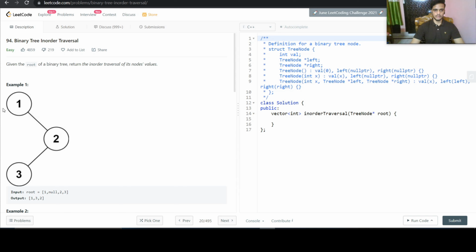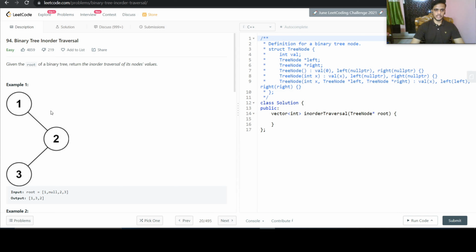Whenever you cross the arrow, put that node's value in your traversal. So if every arrow is on the left side, first you will cross 1, then 2, and then 3 here. So the preorder traversal will be 1 2 3.